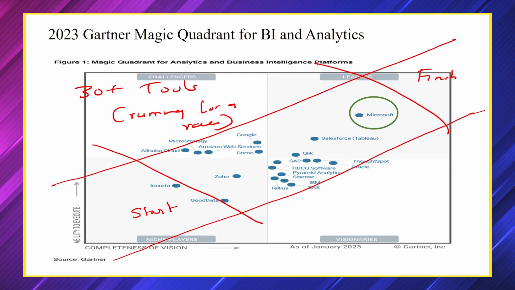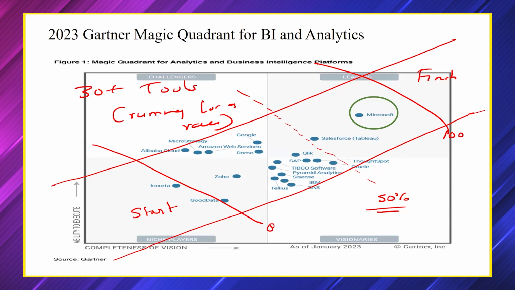You are saying Microsoft is first, and one of you pointed out Tableau is second, right? Now, if I was a person who had to analyze this graph, that's the difference between you and me. You have to start thinking like me. This is 0, this is 100, and this is 50% of the race. All the 28 tools have not even crossed the 50% of the race. This is my first insight.